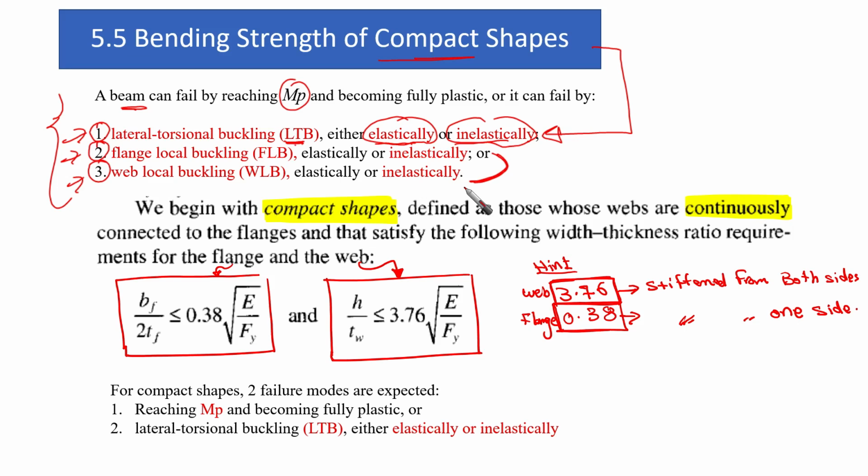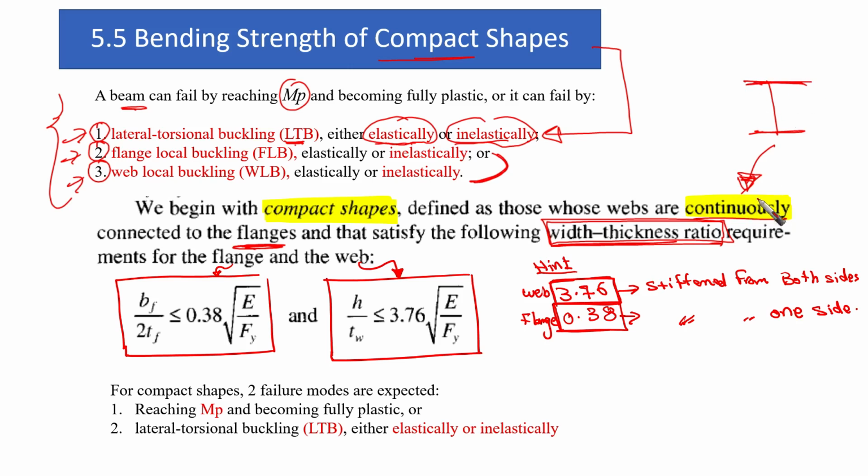Okay, so we will begin with the compact shapes, defined as those whose webs are continuously connected to the flange and that satisfy the following width to thickness ratio. Why do we need the width to thickness ratio? We want to be sure that there is no local buckling. And what is the meaning of continuously connected flange? This is the compression flange, because we are sure that no lateral buckling would happen to our cross